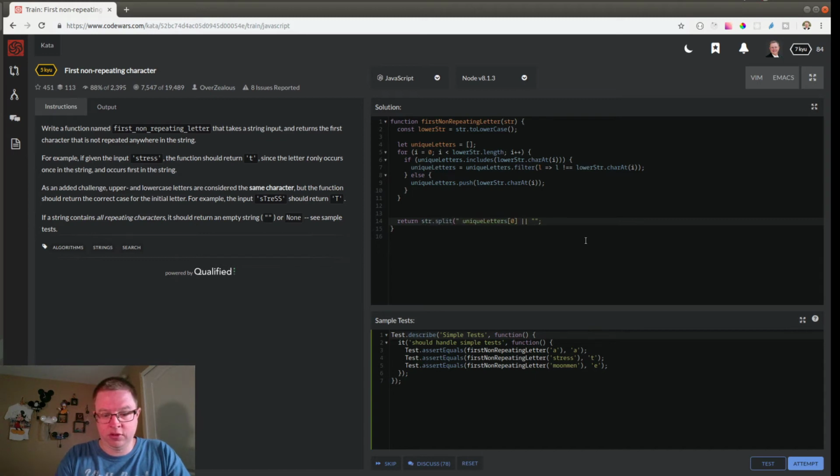str.split, includes, letters 0. Else, 0 dot. That'll put in the correct case, but now